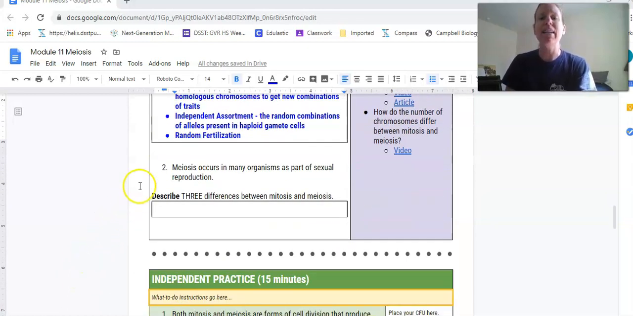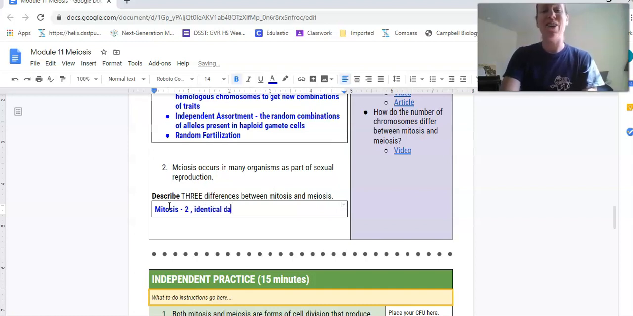The other part of this lesson, other than genetic variation, is comparing meiosis and mitosis. In many organisms, meiosis is a part of sexual reproduction. That's how you make gamete cells, or haploid cells. So what are 3 differences between meiosis and mitosis? In this case, you might just want to think about mitosis first. What do we have at the end of mitosis? We end up with, yes, I hear you, 2